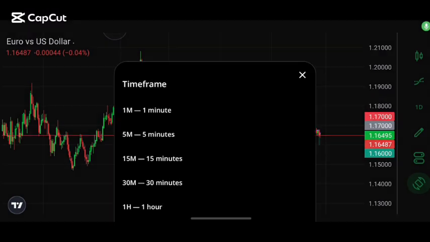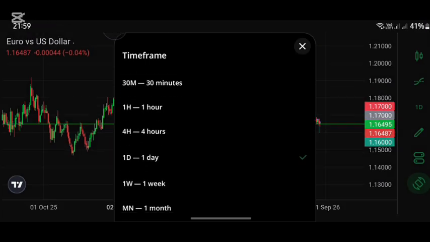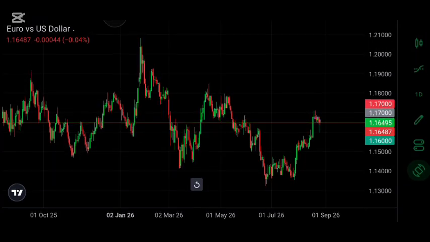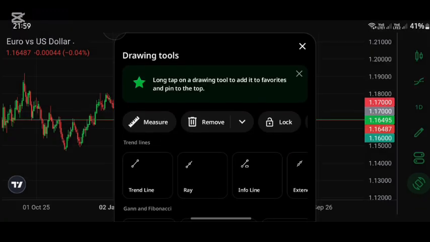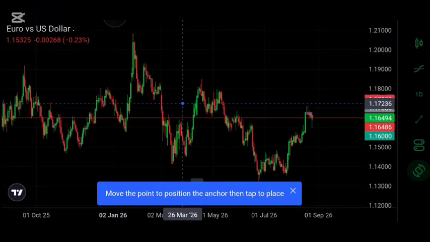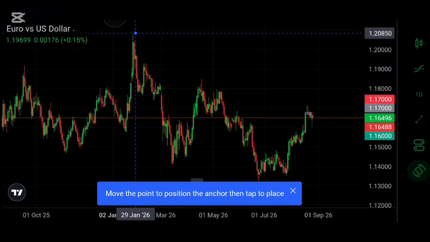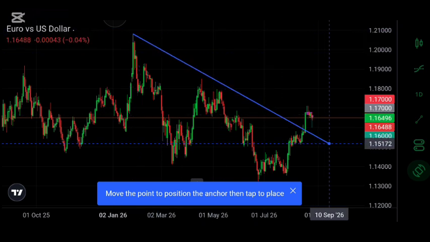Top down analysis, just open the daily time frame. From the daily time frame, just mark on the trend of the market. Use a trend line to show the direction of the market. For this case, initially the market was under the bullish, but in this case, using the trend line, you can